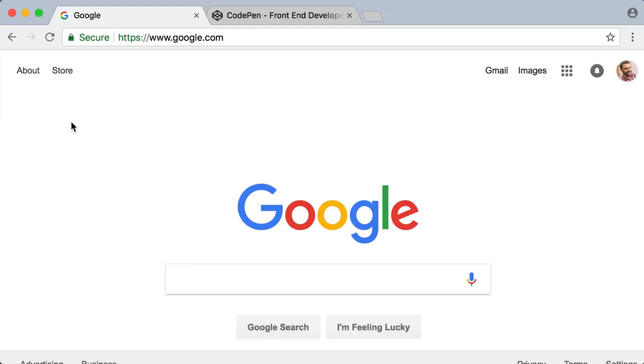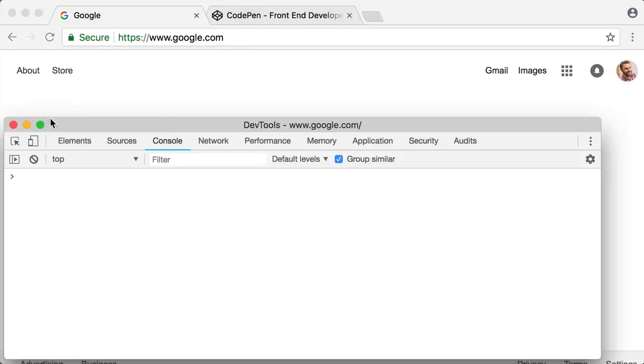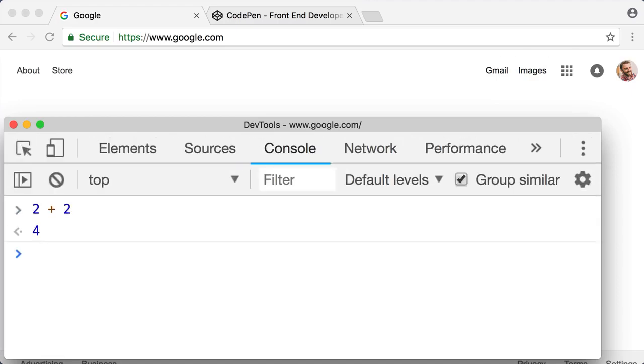Right? So remember, you can right-click on a web page, choose Inspect, and that opens up your developer tools, and then you just look for the tab or button that's named Console. Okay, and remember, in the previous lesson, we learned how to type down here, 2 plus 2, press Enter, we see 4. Now, the console is great for experimenting and typing out these single lines of code and then pressing